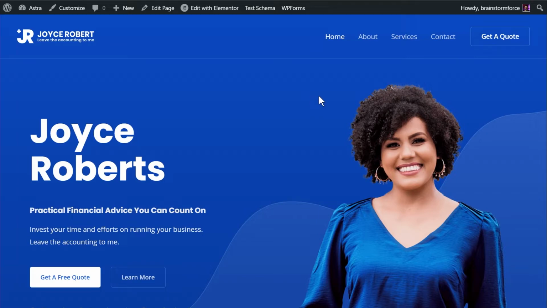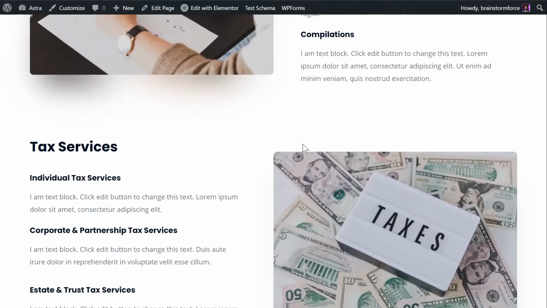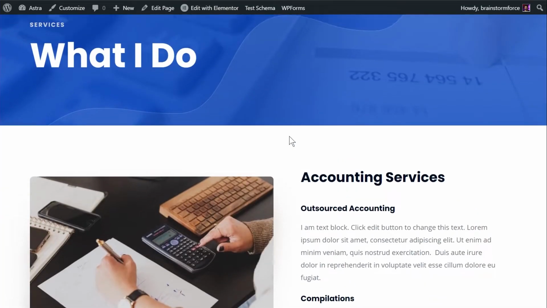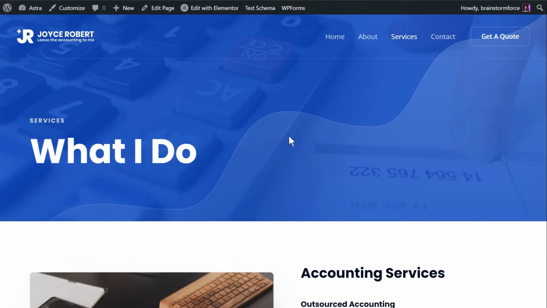So this is what method number 2 is all about. It's not just limited to the FAQ schema. Definitely you can add FAQ schema using method number 2, but it can help you add a lot of variety of schema in, I'd say, a fraction of the time that any other solution would let you add schema to your website.